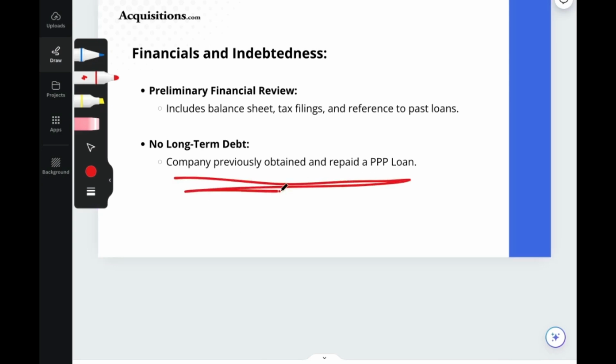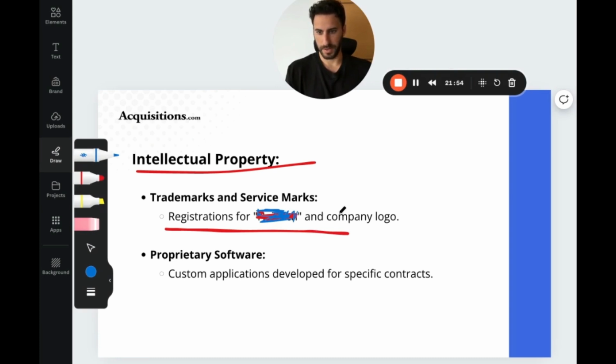Long-term debts and no long-term debts. Lack of long-term debt is always, or at least can very much be, a positive sign of good financial stability. And the fact that you're taking another loan like the SBA loan, obviously, is going to put some stress on the business. So we have registration for the company name, the company logo, custom applications developed for specific contracts,